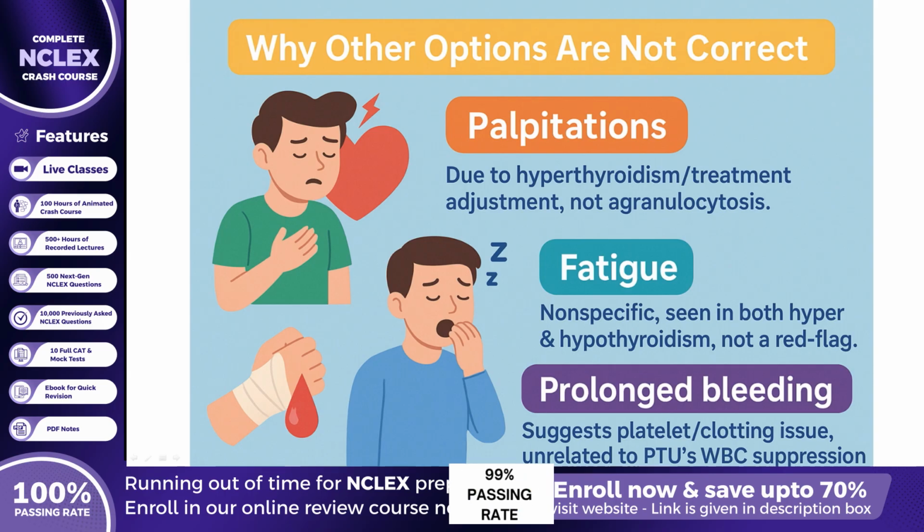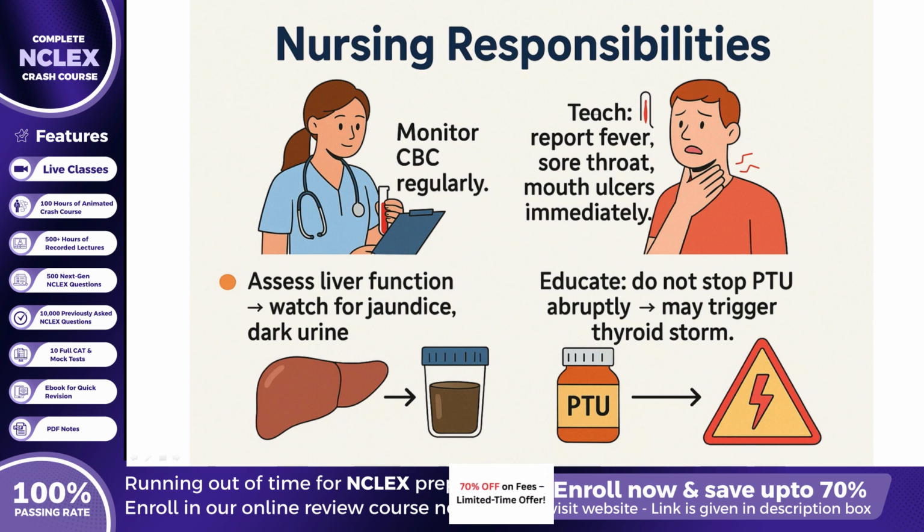Fatigue on exertion can have many nonspecific causes such as anemia, illness, or hypothyroid overcorrection, but it is not the key warning sign for this complication. Prolonged bleeding with trauma suggests platelet-related issues like thrombocytopenia, but it is not associated with PTU's agranulocytosis risk. From a clinical priority perspective, using NCLEX frameworks such as Maslow's hierarchy and safety guidelines, infection prevention takes precedence over comfort or non-specific symptoms. Because untreated infection can quickly progress to life-threatening sepsis, that is why persistent sore throat must